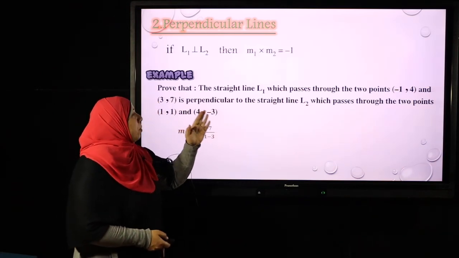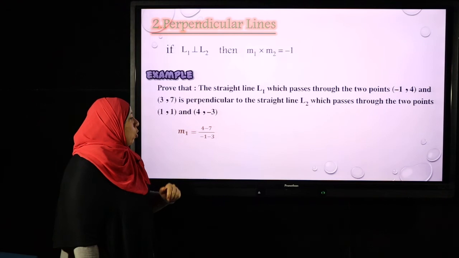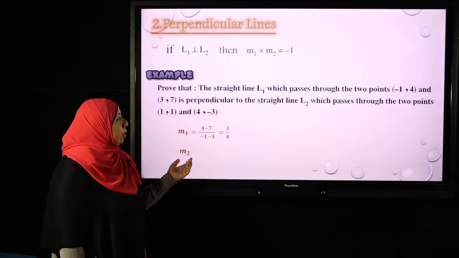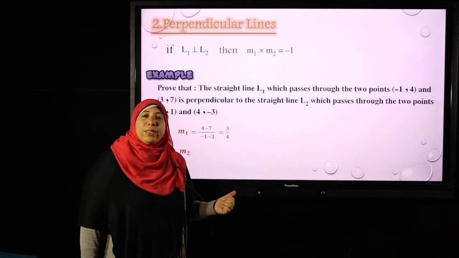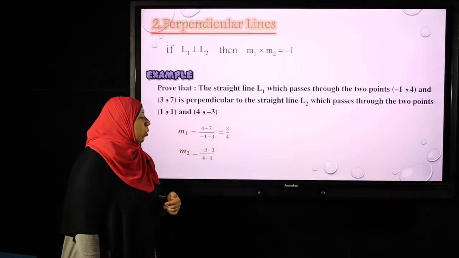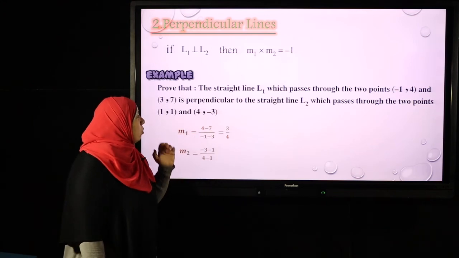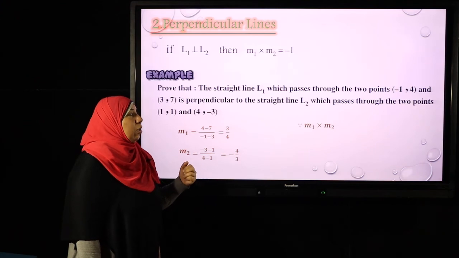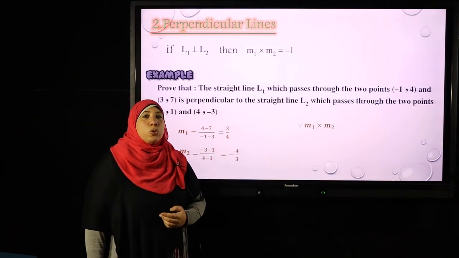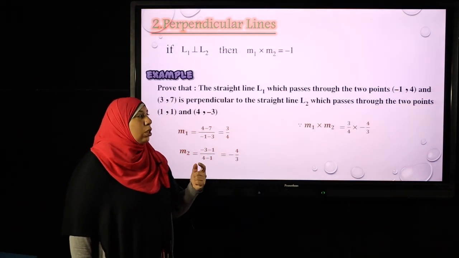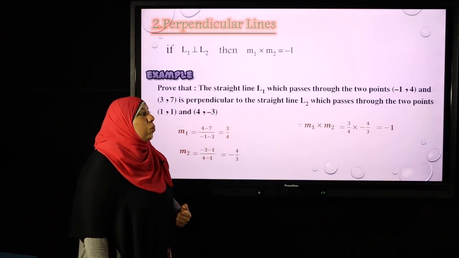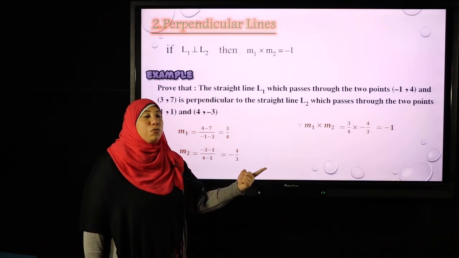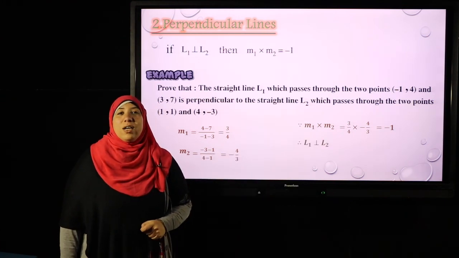So here I will make 4 minus 7 over negative 1 minus 3, equals 3/4. For the other straight line, the second one, L2, I will find m2. The other slope equals (y2 minus y1) over (x2 minus x1), equal to negative 4 over 3. Here, I will make m1 times m2. So I will make 3/4 times negative 4 over 3, equal to negative 1. If you find that the product of the slopes is equal to negative 1, then I can say that the two straight lines here are